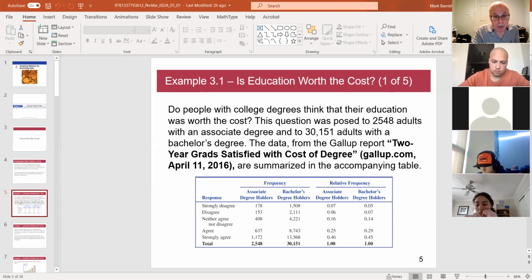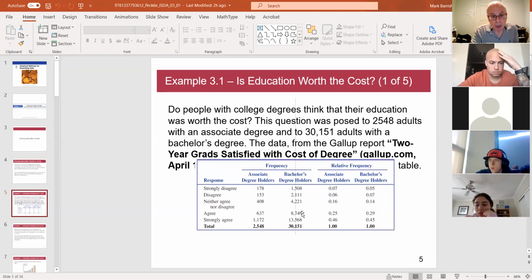30,151 had bachelor's degrees, 2,548 had associate degrees. So this question was asked to all these people, all of them. And so you have your frequencies over here. These are the counts. So 178 represents the number of associate degree holders who strongly disagreed with that statement. 1,508, for example, represents the number of people out of the 30,151